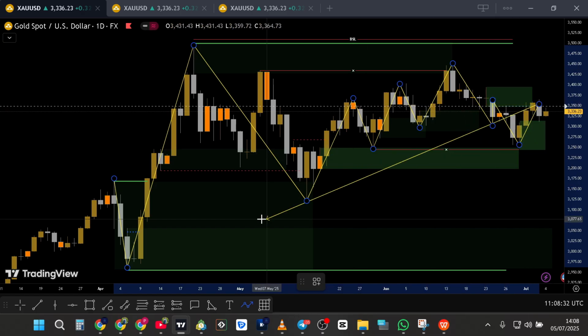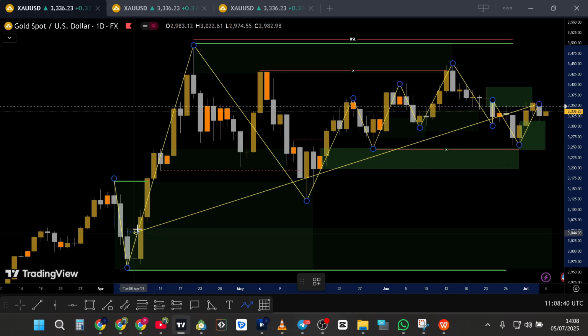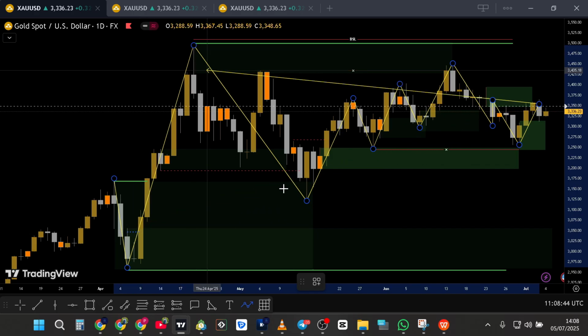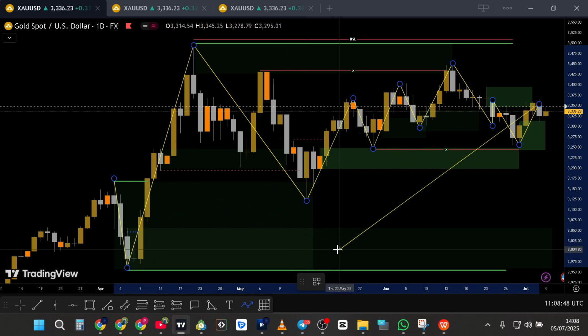For me, I feel all this is just inducement, and I will be anticipating that price will maybe come down here, because we had somewhat a change of character before going to the upside, and price didn't actually return to that extreme. So yes, price would maybe not do that, but for me, I feel that this is just inducement,